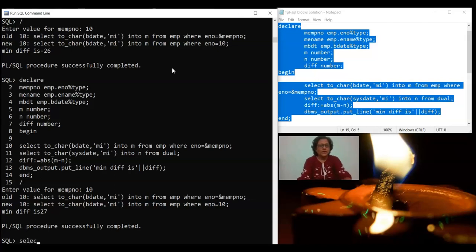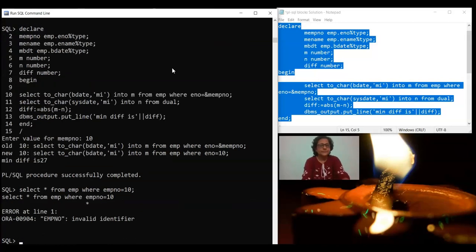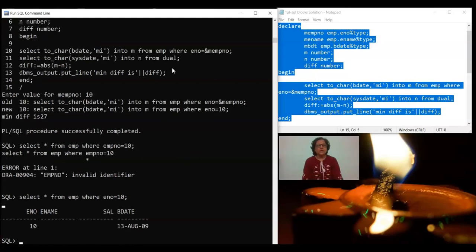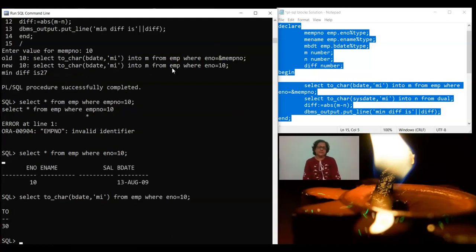What I am doing is select star from emp where empno equal to eno, sorry, not empno, very sorry. You can see here 13 August 09, and if I write to_char of bdate with mi, you can see 30.